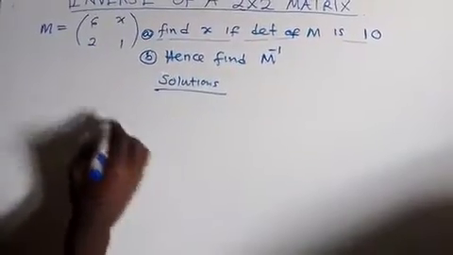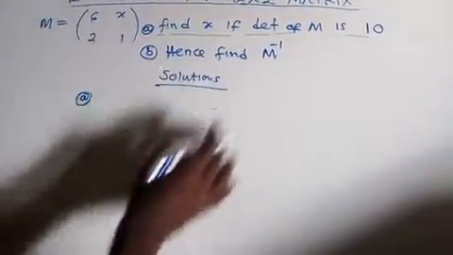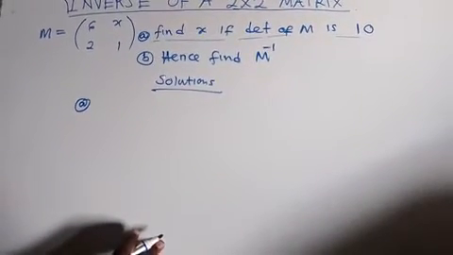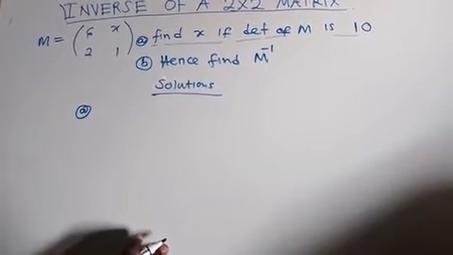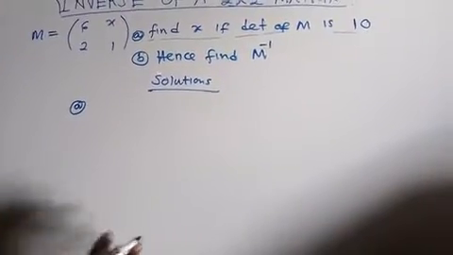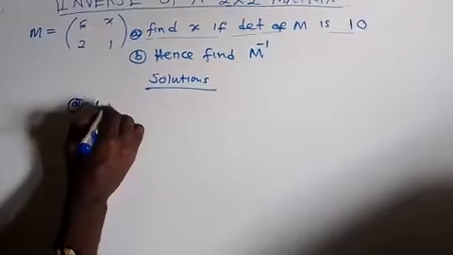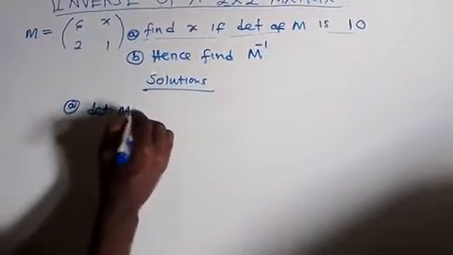So solution A. We want to find the value of x. So you need first to do what? To write the expression for the determinant. This I explained. You need to write the expression for the determinant. So the determinant of M is equal to